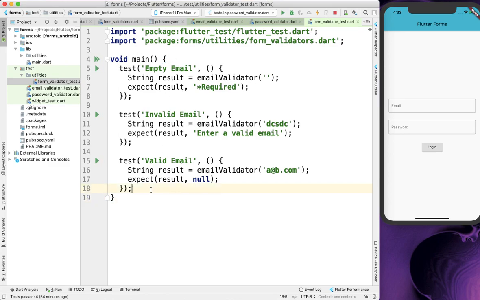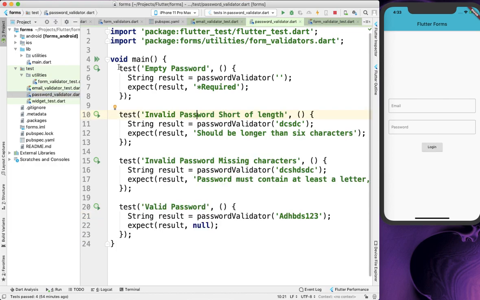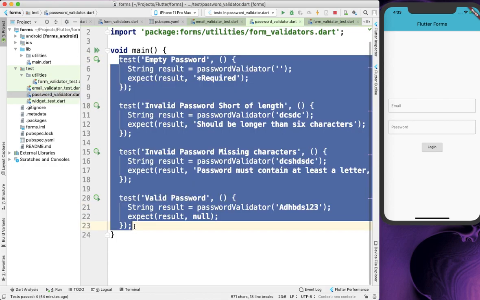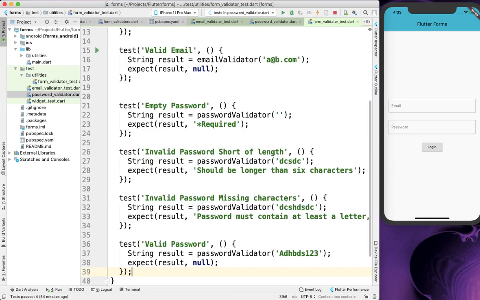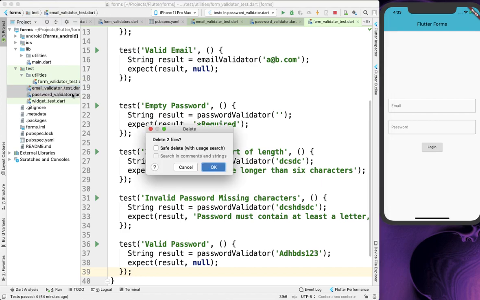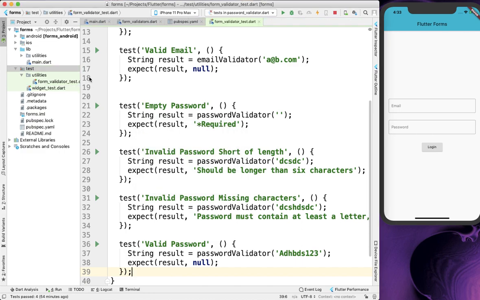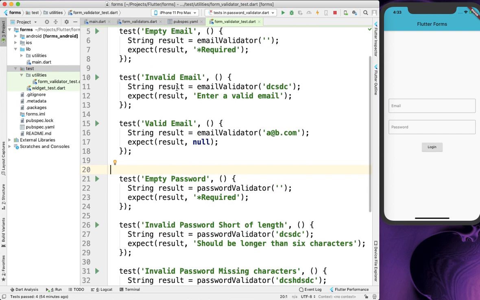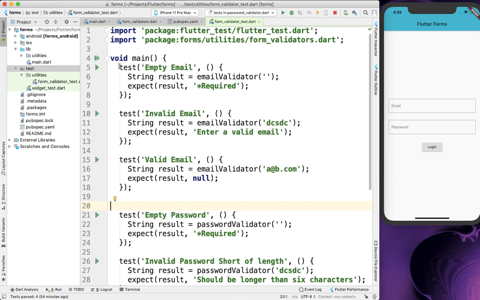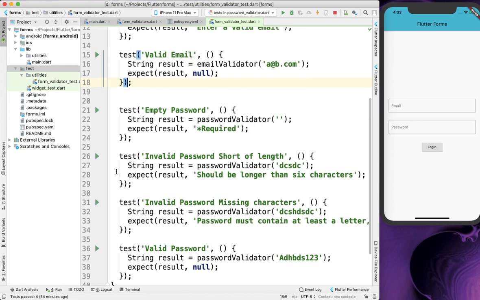And below this I will copy paste the tests for password. Now we can delete email validator.dart and password validator.dart. Great. So now we have tests for email and tests for password.